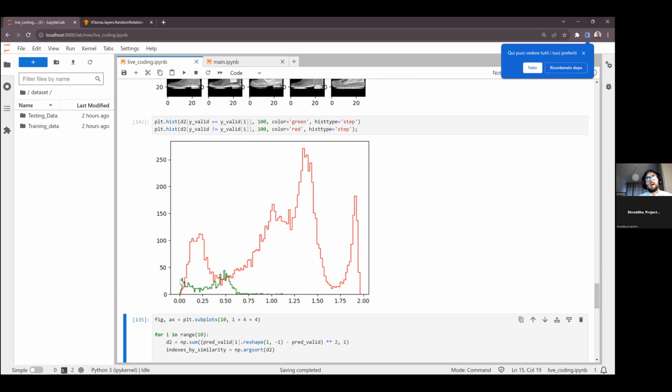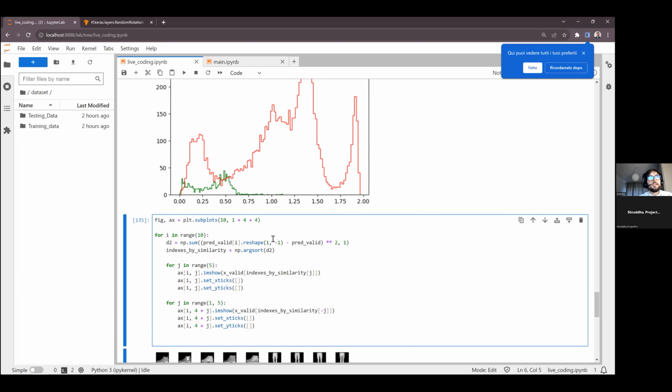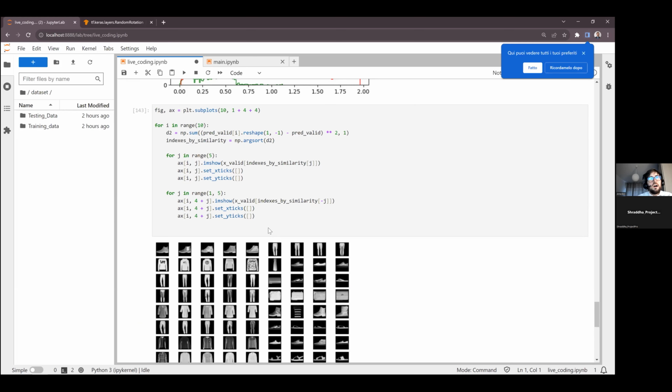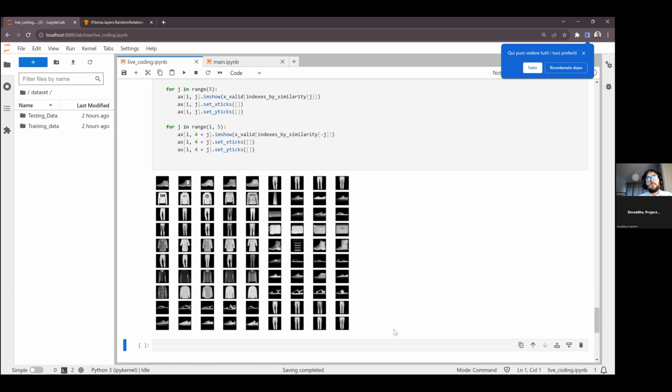Okay, now you can see that there is some regularity in that, since again the similar images are somewhat closer than the dissimilar ones, but the training is not complete yet. You can see there is this big bunch of stuff here, with some similar images that are quite far. The training is not ready yet in that case. But let's see the results just here to get an idea of what the model is thinking. Okay, but as you can see, it's still working somewhat fine in that case.